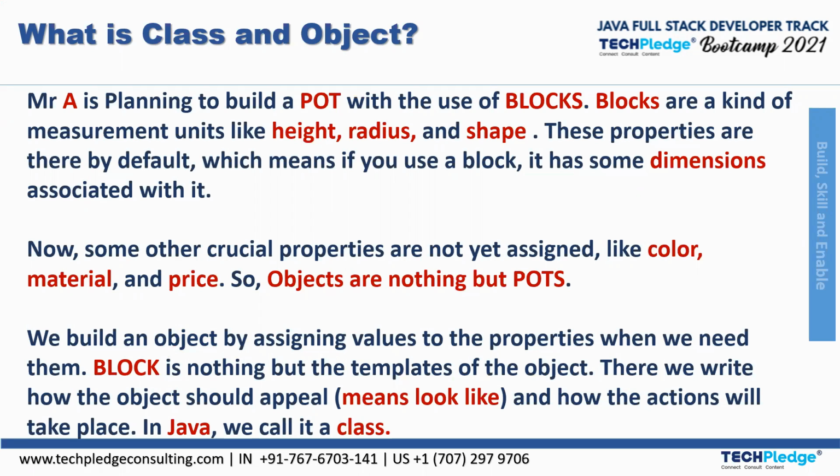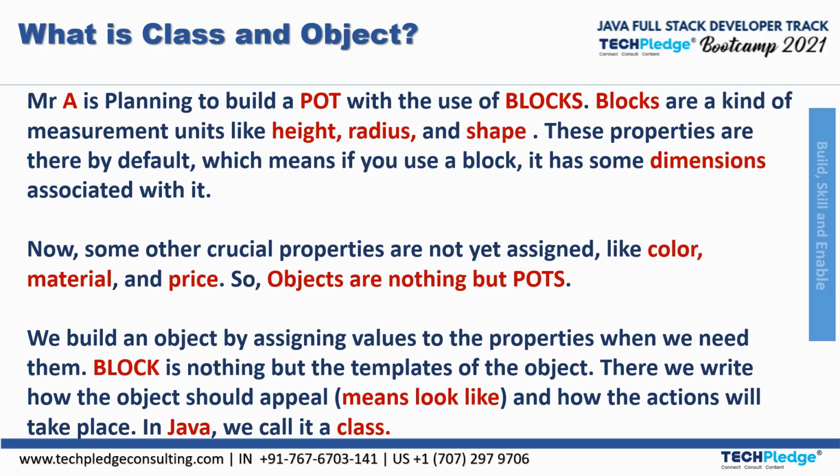What are the properties that are required? That is, whether the color of the house is going to be this, what material is going to be used, what is the price? All of that are objects. That is because we have a physical significance of it. So that is the object, right? And it also has a logical aspect, because we know what we are going to do: the color, material, price, everything.